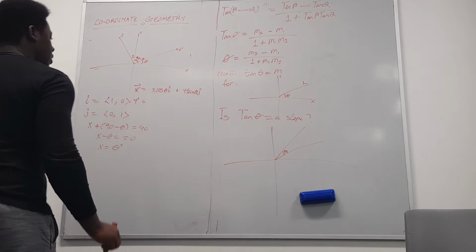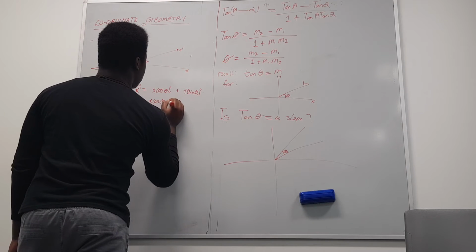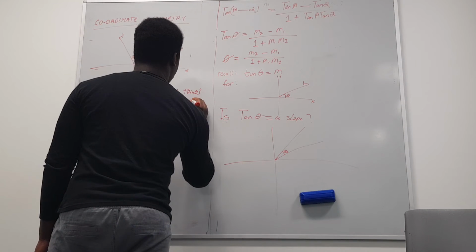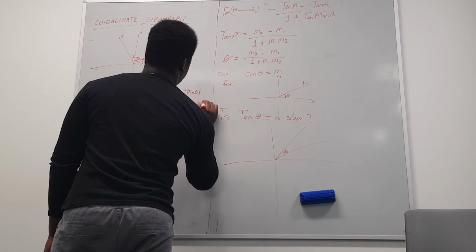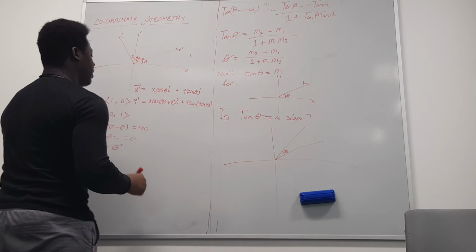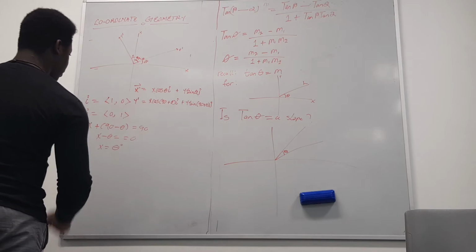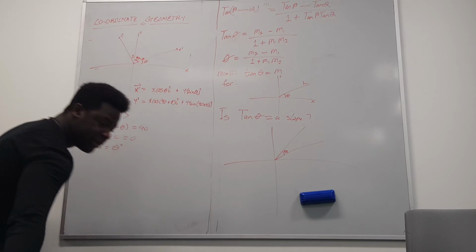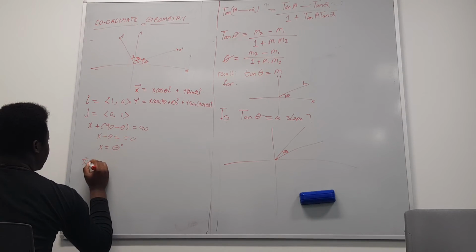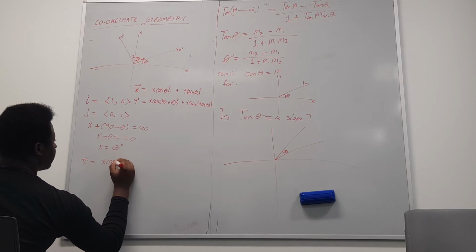I know what it is now. I know that y is equal to x cosine 90 plus theta i hat plus y sine 90 plus theta j hat. Cosine 90 plus theta is equal to minus sine theta, so I have y prime. So let me generalize it now. So this is the conclusion. X prime is equal to x cosine